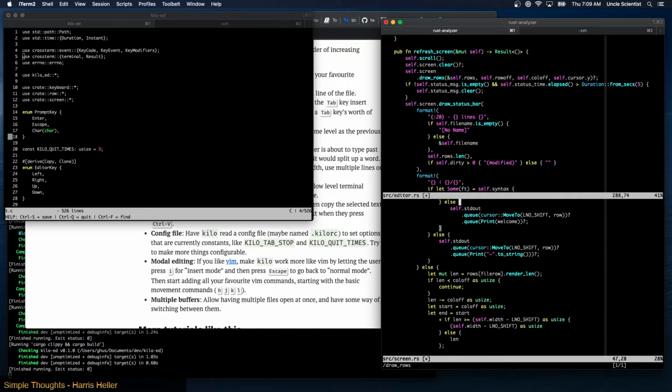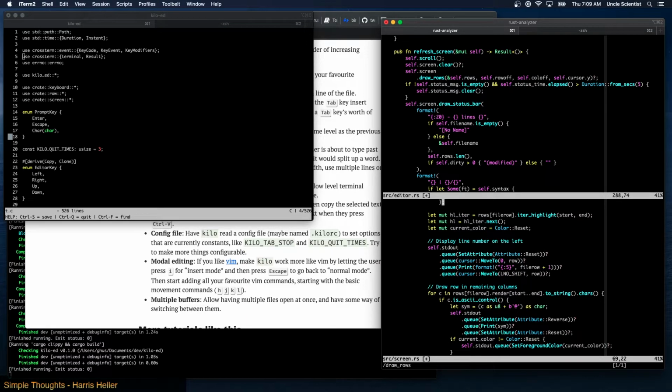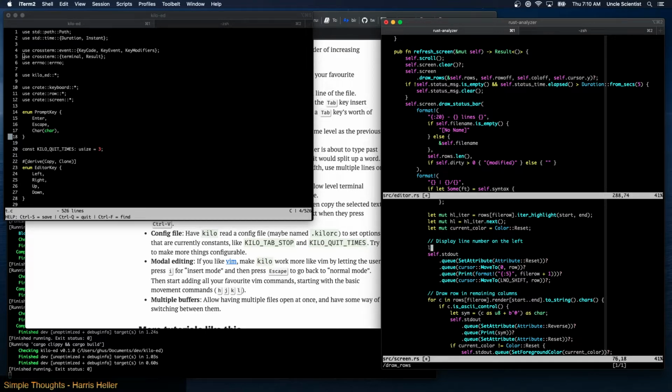C row. And now instead of printing just file row + 1, we can say let gutter num is equal to, and if, oh, we have to say file row + 1. Oh, this is not the row that the cursor is on. This is the screen column the cursor is on. I mean, the screen row the cursor is on. We need to differentiate that between